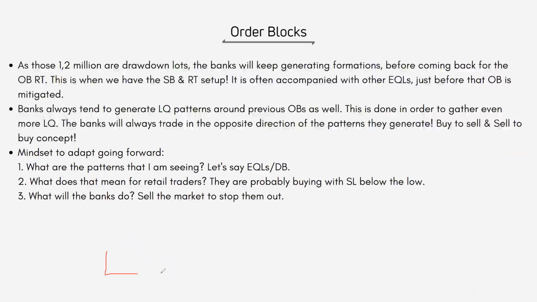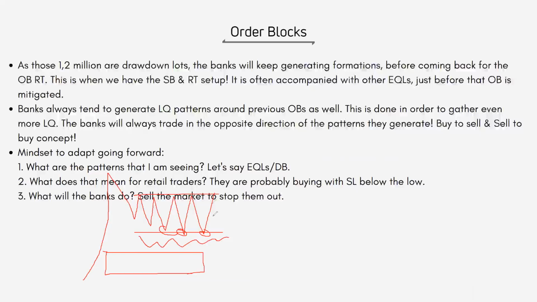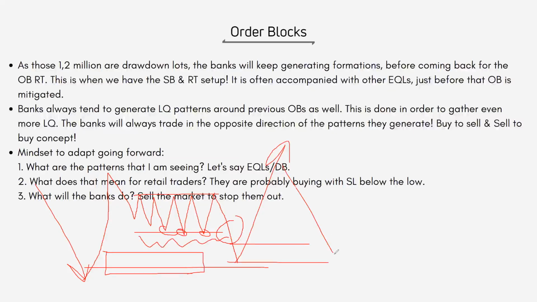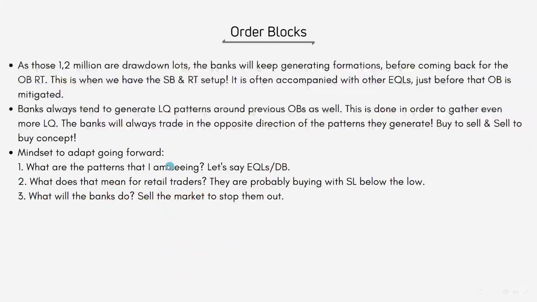Let's say you have an OB right there that you want to take a trade from. The market can strongly impulse to the upside. And what the banks will do is they will do this sort of stuff right there just before tapping into the OB. Why do they do this? In order to trick people into buying again. What stays right below right there? Liquidity. So they're going to create another fake move, tap into this OB, take out the drawdown from their previous position, launch new orders, but they again can have a new drawdown right there. So they have a new order block. And then the market will keep doing this until they actually run out of orders, right? So I really hope that's clear.